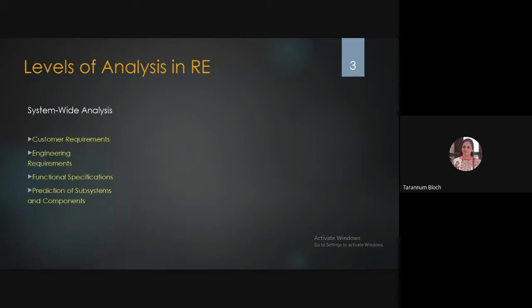So usually we are going to go with the system-wide analysis, because if you pick up any software system, it will be easy for you to understand who is the final user. We call them a customer, right? Though it could be a non-profitable system, a free Android app or free social networking site, but still there will be some user requirements or customer requirements, right? So we'll do system-wide analysis to understand what is the requirement of the user.